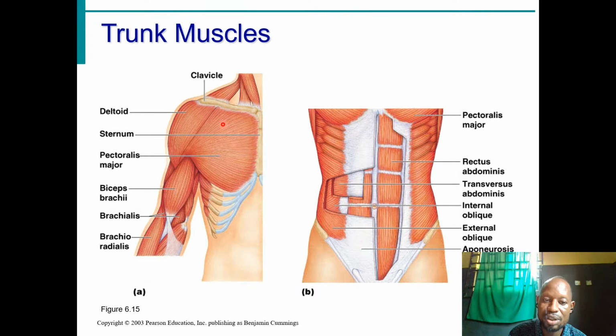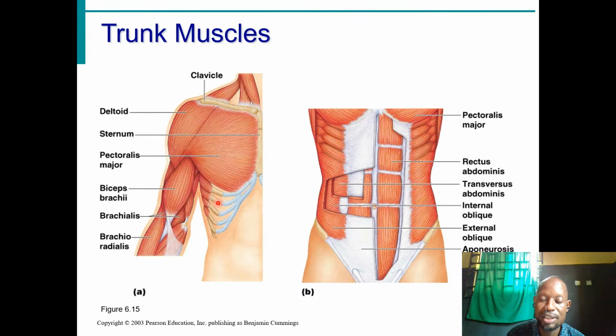The trunk is divided into three parts: the thorax region, the abdominal region, and the pelvic region. The only place where you have a clear demarcation in these regions is between the thorax and the abdominal region. But between the pelvic region and the abdominal region, the cavity rather, there are no clear boundaries. But for the muscles, in the thoracic region, you see muscles of the ribs,